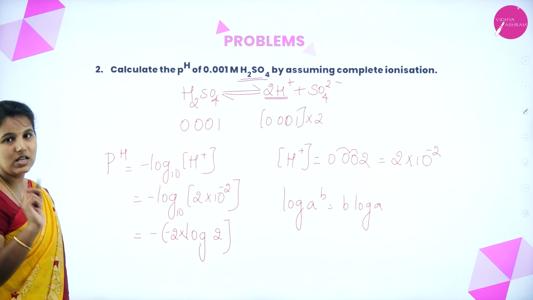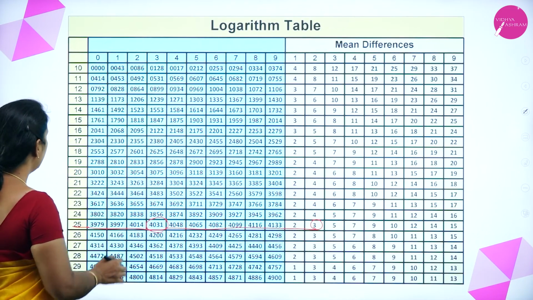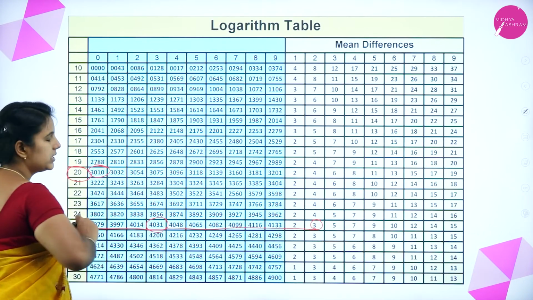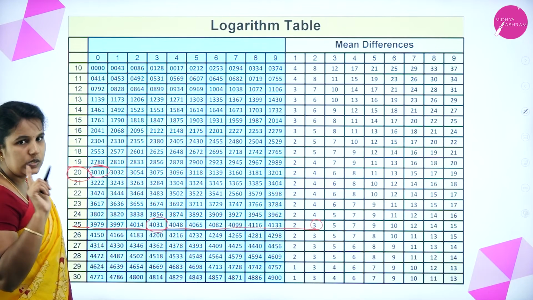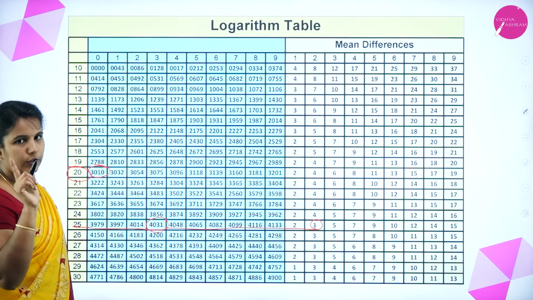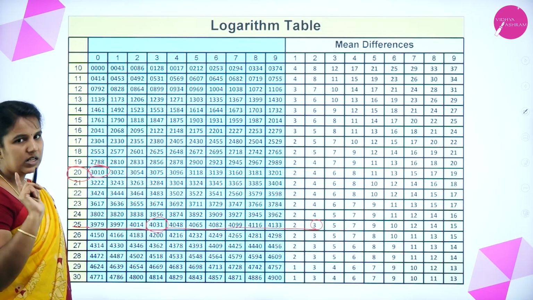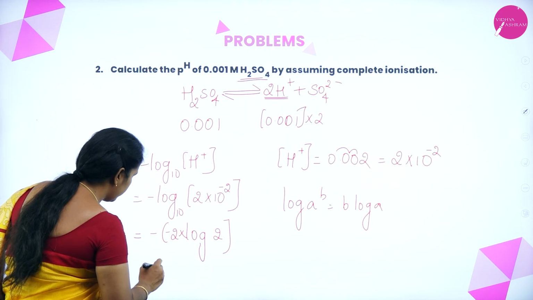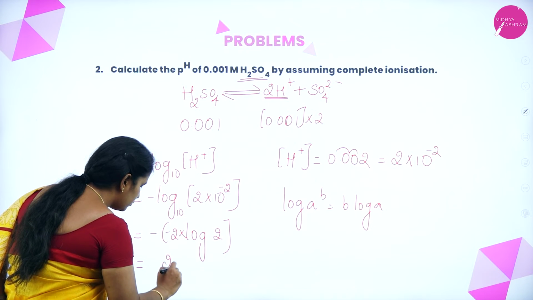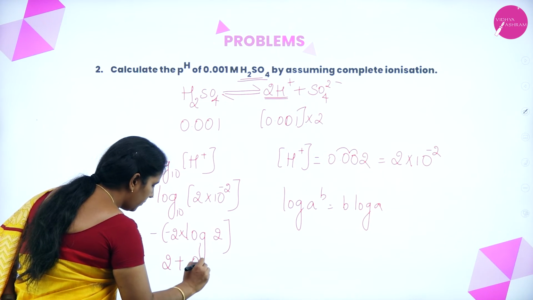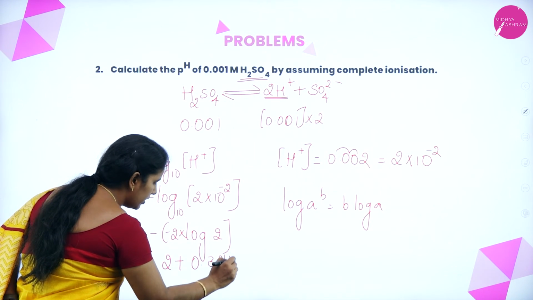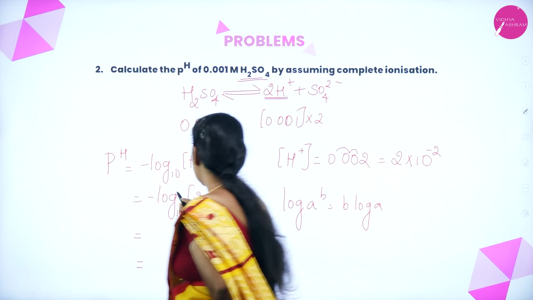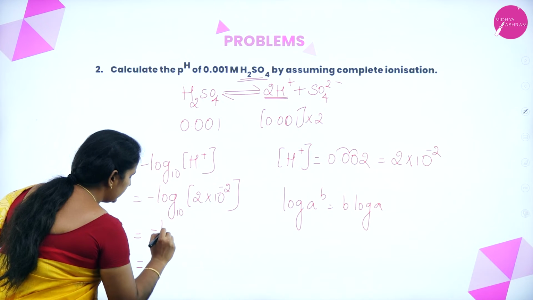Log 2, in the sense, log 20 value we need to see. So this is a log 20 value. Under 0 is 3010. Since we have only one number, we need to start with 0.3010. So that I can write the values of log here. So 2 plus 0.3010. If you add these two, you will get, so this can be written as minus log